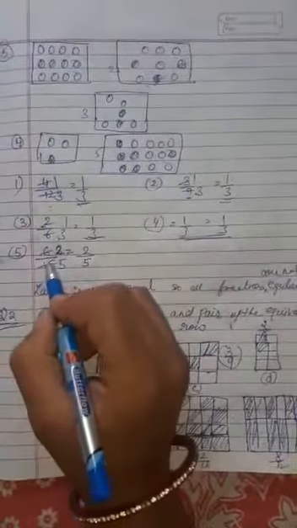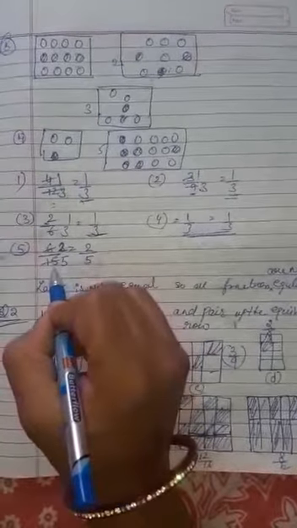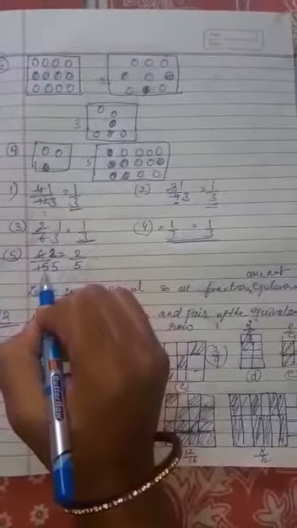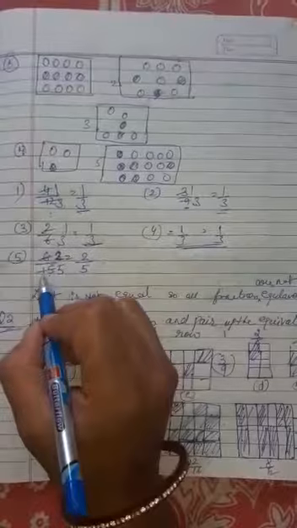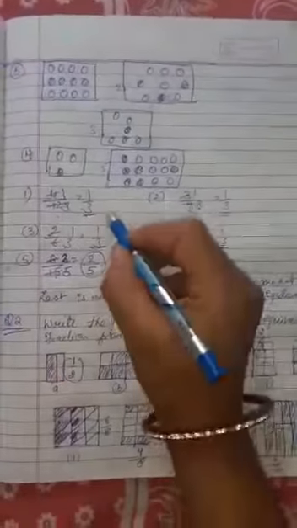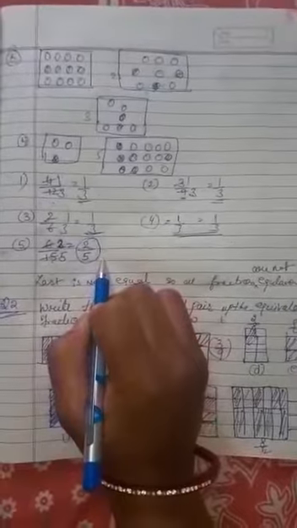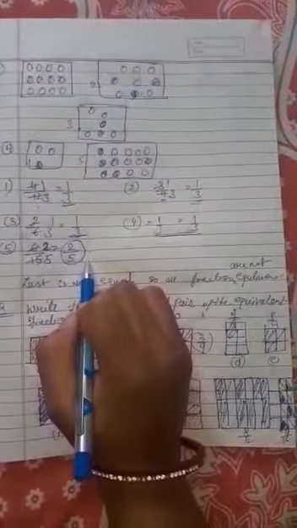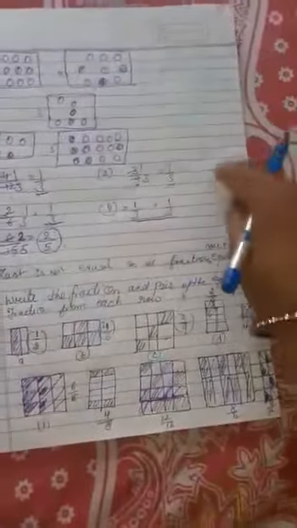But now you will see 6 divided by 15. 6 is possible with the same condition. If you divide it by the table of 3, 3 twos are 6, 3 fives are 15. Now it comes in the lowest term as 2 divided by 5. But these are 1 divided by 3 and this is 2 by 5. So the last one is not equivalent. So our answer to the question is that this one is not equivalent.